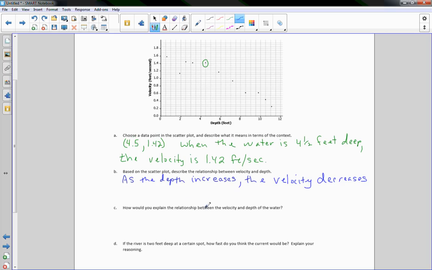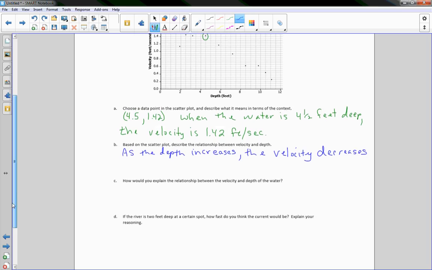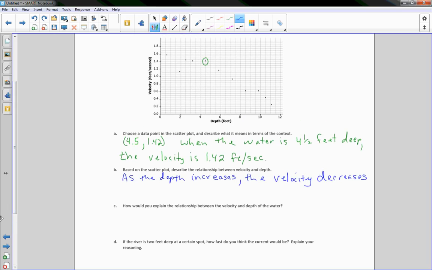How would you explain the relationship between the velocity and the depth of the water? And that's kind of the same as this here. Okay, so you may want to hypothesize why that would happen, come up with a conclusion as to why that would happen. As the depth increases, the velocity decreases. Well, why is that? You could say, well, maybe it's because the larger amounts of water moving would have to move at a slower rate because,